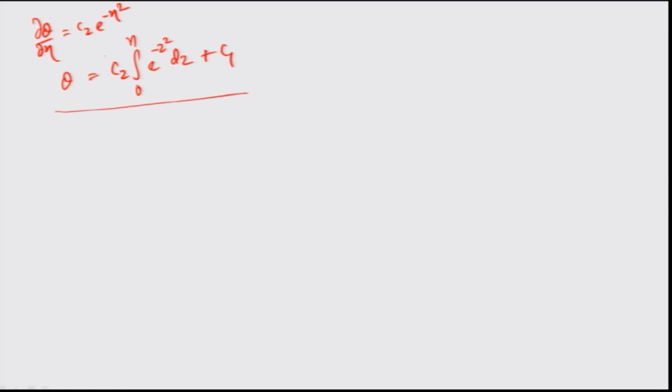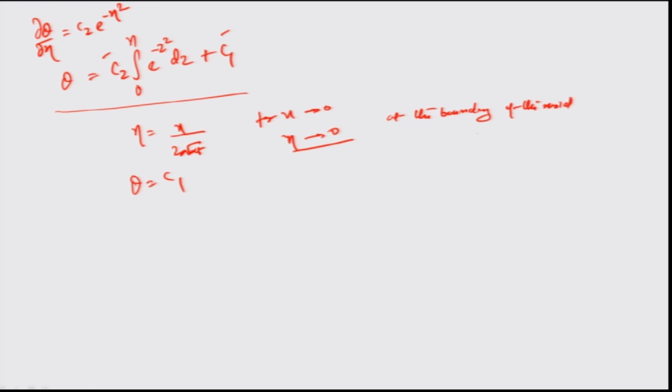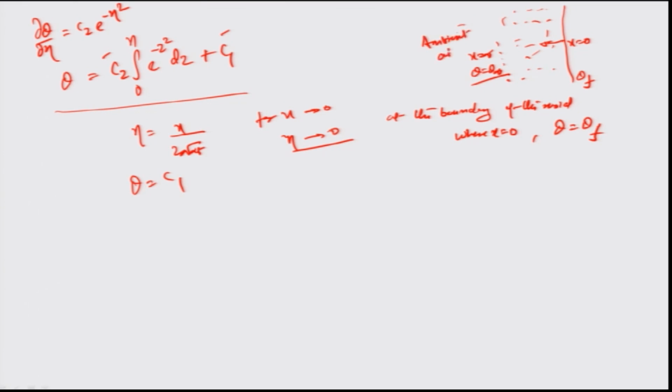Let us now decipher what c2 and c1 are through the normal boundary conditions. Eta, which is x by twice root alpha t, for x tending to 0 also becomes 0, and in that event theta would be equal to c1, at the boundary of the mold where x is 0. You already know that theta has been defined as the freezing temperature theta f. If you recall, this mold was something like a sand mold. On one side the boundary corresponds to the start of x equal to 0, and as x proceeds all the way to infinity, at x equal to infinity you would assume theta to be equal to theta infinity, and then there is ambient air